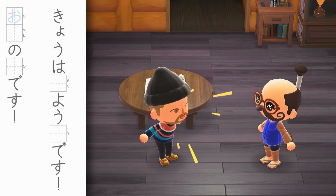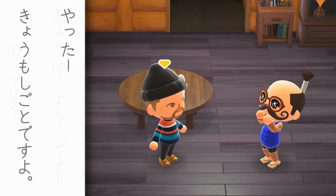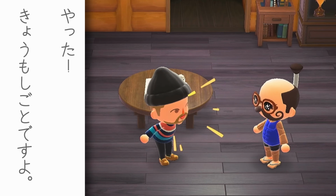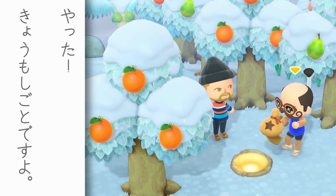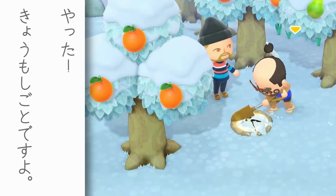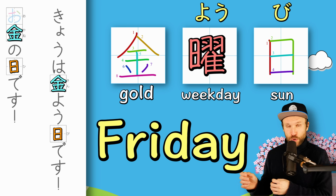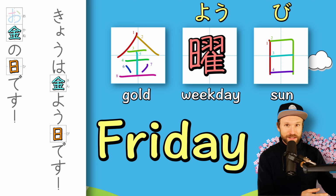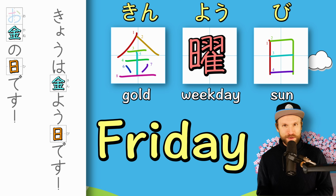今日は金曜日です。お金の日です。 やったー！ 今日も仕事ですよ。 Friday is Venus Day, and the kanji for gold is also used for the planet Venus. It's read as kin, and we get 金曜日。